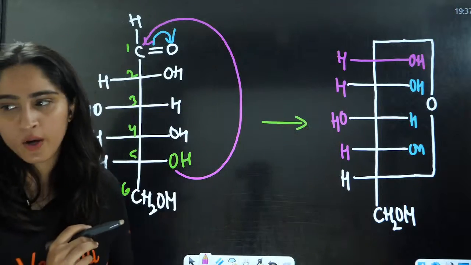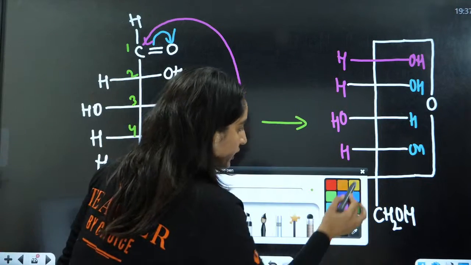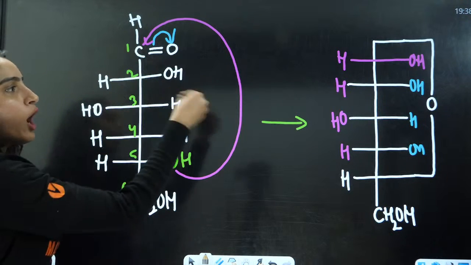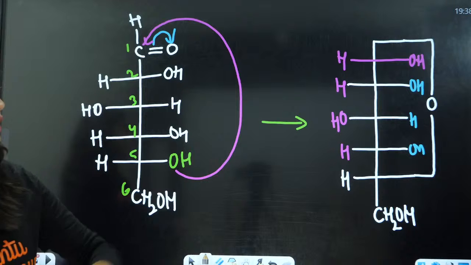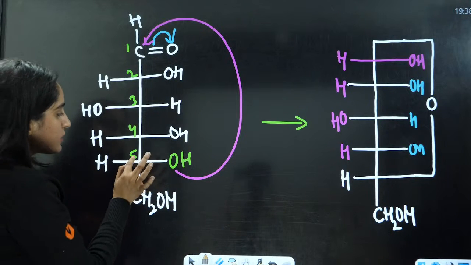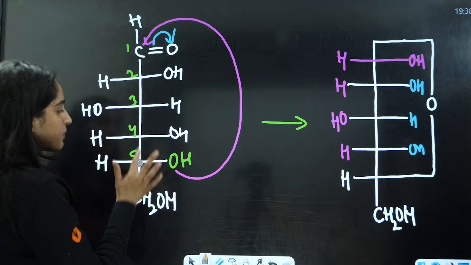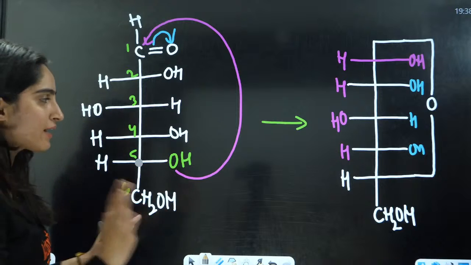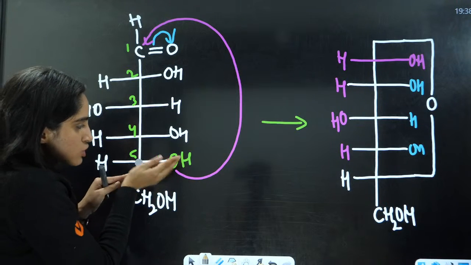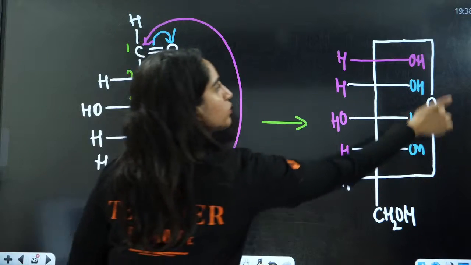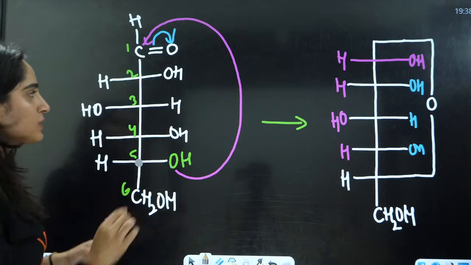Right everyone? Okay? Now what I have done here, you have this glucose structure, right? Now how will you draw this new structure? This is the alpha one. So how will you draw this? Now this is the fifth carbon, and this is the first carbon, right? This oxygen is going to form a ring with the first one that I have shown with this one.